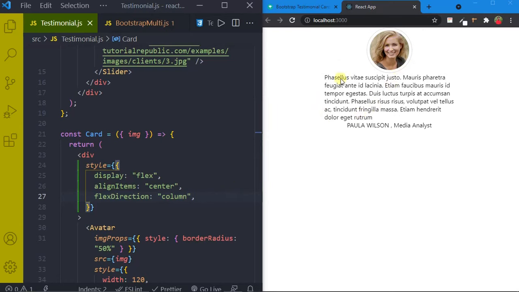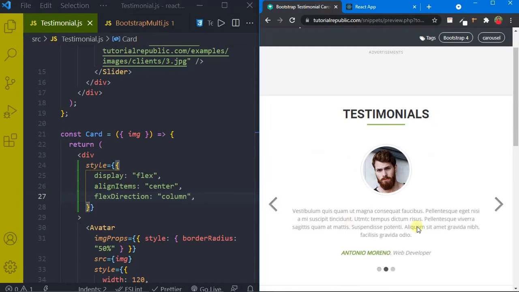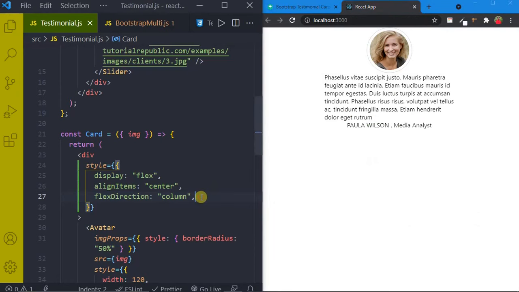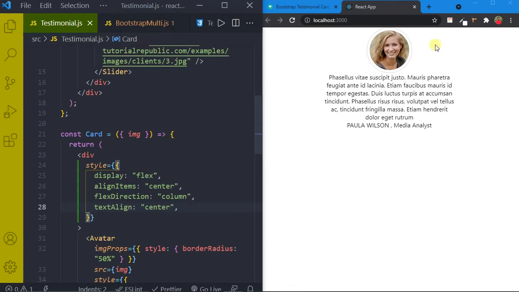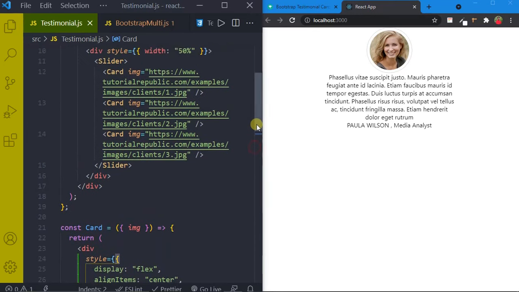But this text is not centered, right? Like here, see, this is aligned in the middle, right? So for that we can just say text align of center. Now just press Ctrl S, save. See, now we are getting that exactly, right? Okay, now